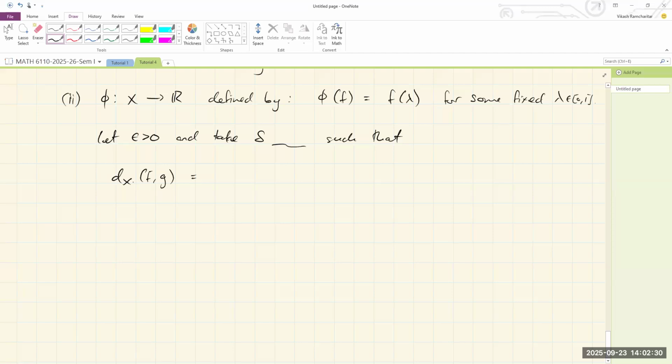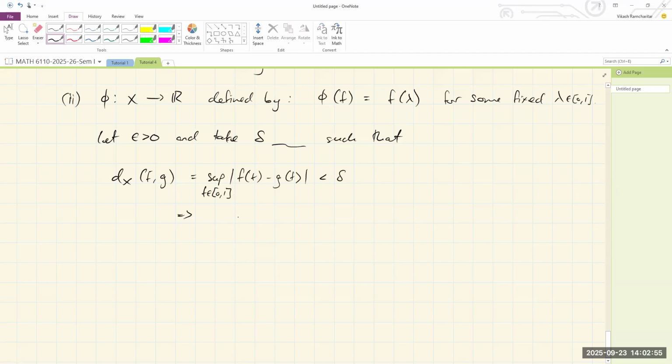What was the metric on X? It was the infinity metric, the supremum metric. What is the supremum metric between f and g? It's the modulus of the difference between the function values, and the supremum over all values in the domain. So whenever this is less than delta,